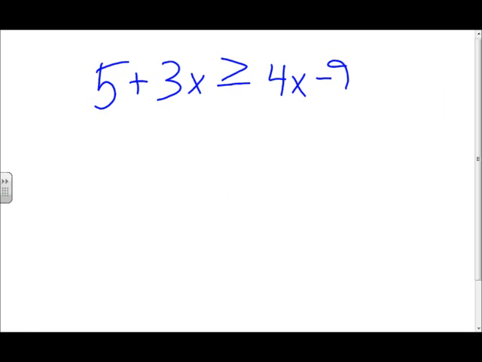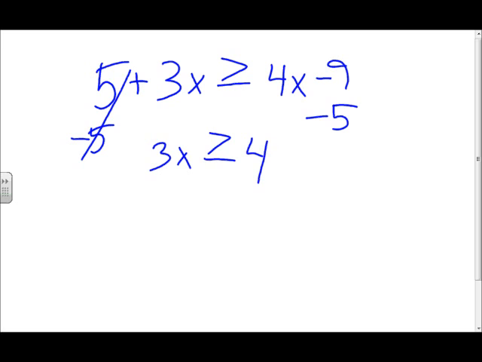So then for this one, it works just as if you were solving for x with a normal equation until you get to graphing. So basically all you have to do is here minus 5, cross it out, minus 5 on that side. You bring it down, 3x is greater than or equal to 4x minus 14. So once you have that, you have to get 4x over to that side. So minus 4x,